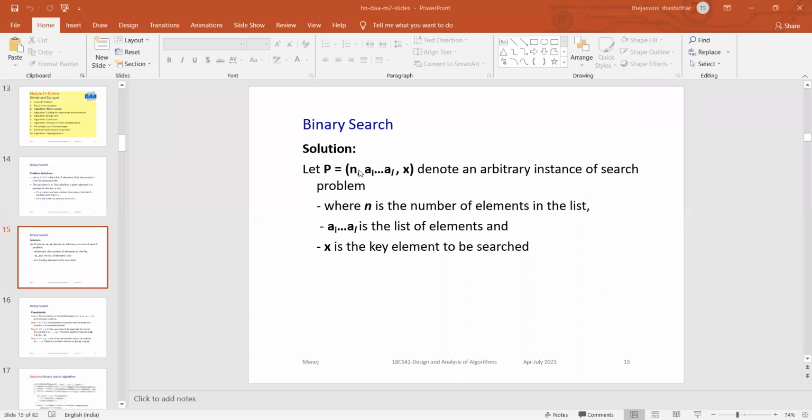The total number of elements is n, ranging from A i to A l. The first element is i, the last element is l, and also X, the key element, denotes an instance of such a problem. So N is the number of elements, A i to A l is the list of elements, and X is the key element to be searched.